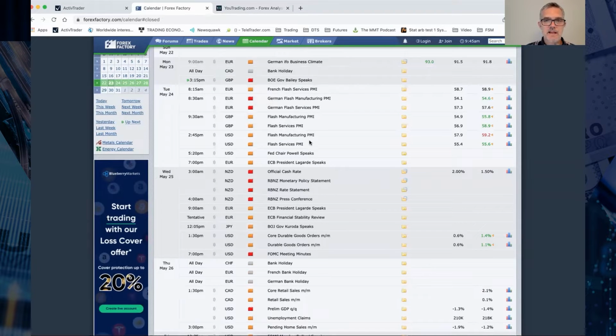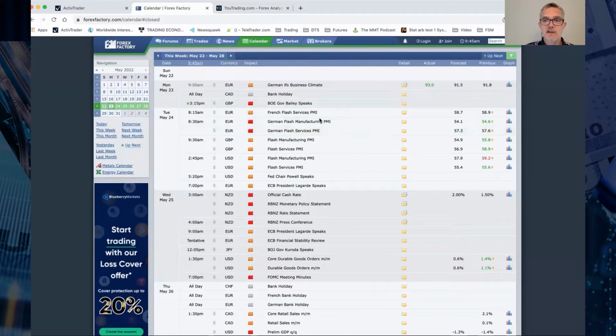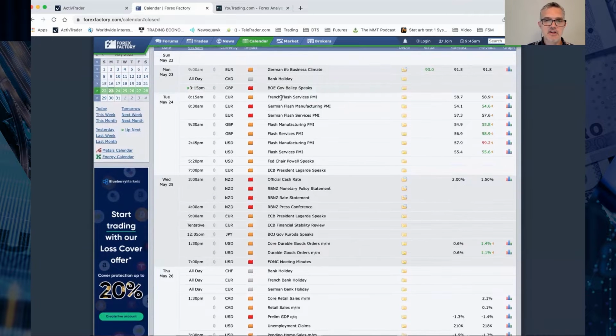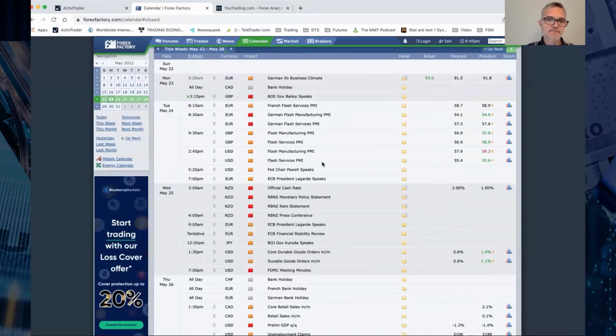So when we get these central bankers speaking, we can expect to see some headline risks come from there. Tomorrow, though, we get flash PMIs. Flash means that it's the sort of preliminary data. It's the first readings of these PMIs before they get adjusted as the month goes on. We are expecting to see basically all these PMIs come in worse than expected, also worse than the previous reading. If they do come in worse than expected, then that will be detrimental to each of the currencies associated. So if we get a worse than expected German flash PMI, I'd expect this euro to find some resistance and come lower. Same for the pound and US dollar.